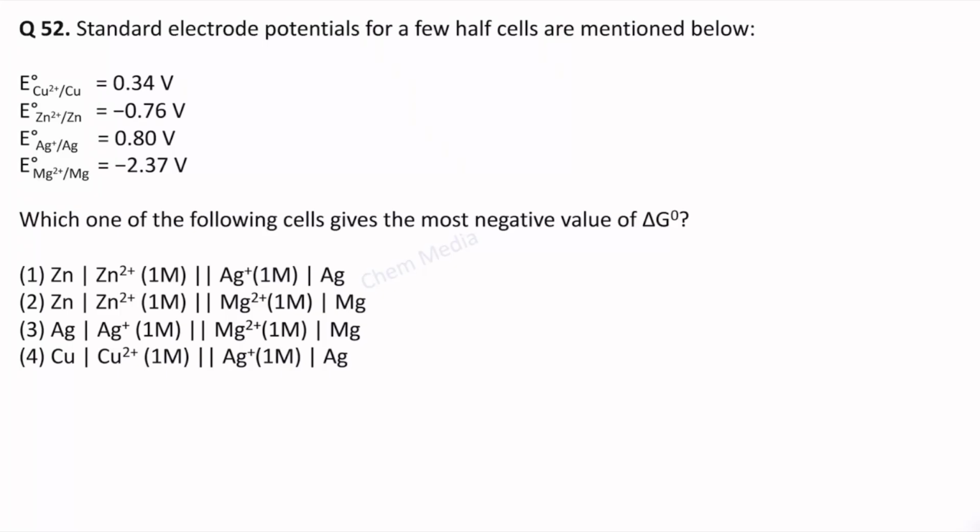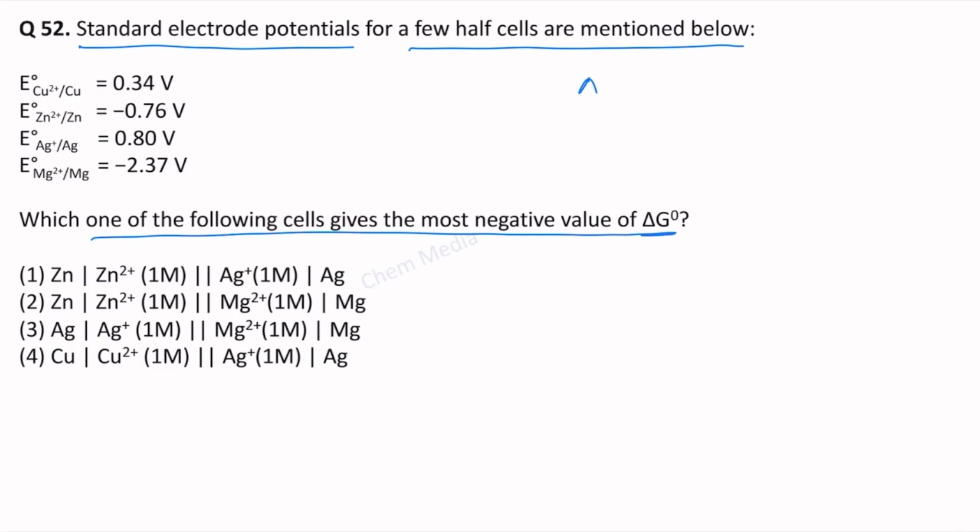Hello everyone, here is a question from electrochemistry. The standard electrode potentials for a few half cells are mentioned below. Which one of the following cells gives the most negative value for delta G naught? We know that delta G naught is equal to minus nFE cell standard, where n is the number of